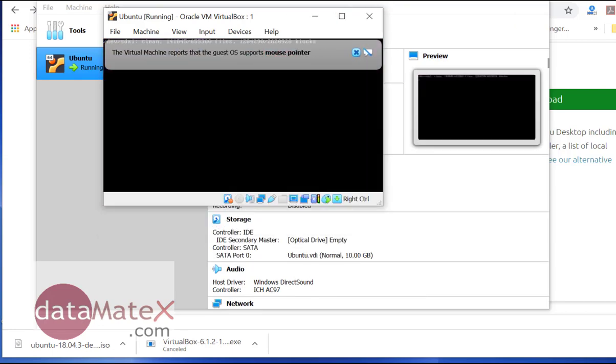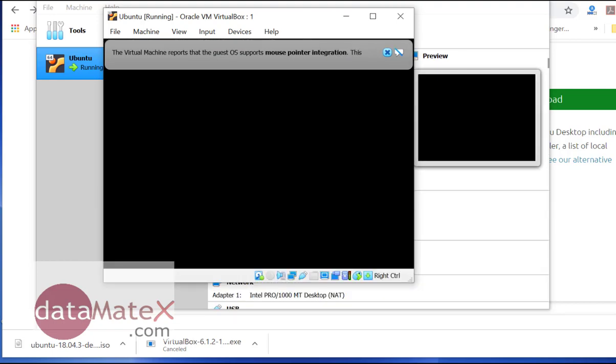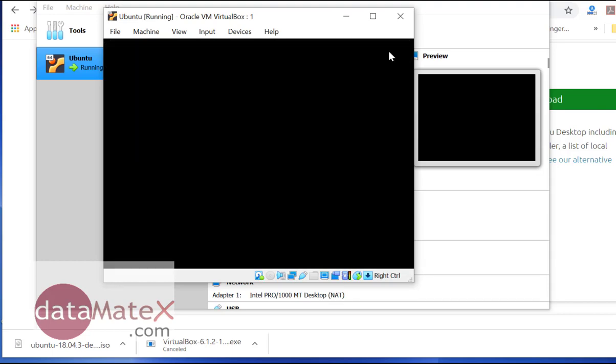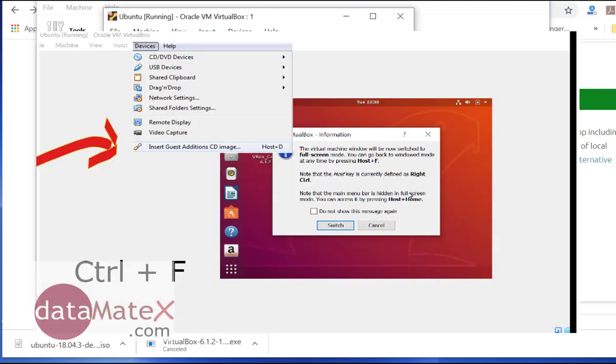Here you can actually do some more tweaking, like making it full screen. There are some options where you can right click and go to the machine options. In order to get a bigger full screen, you need to install the guest additions from the CD image. First of all, go to Devices, insert Guest Additions CD image, and this can be done from VirtualBox. And once you set up the guest additions,